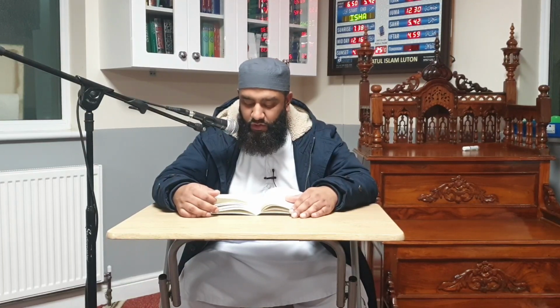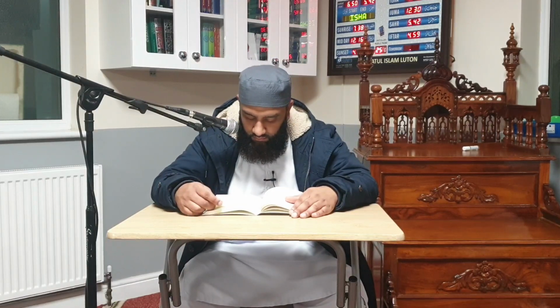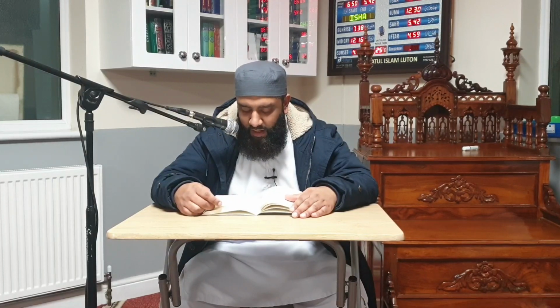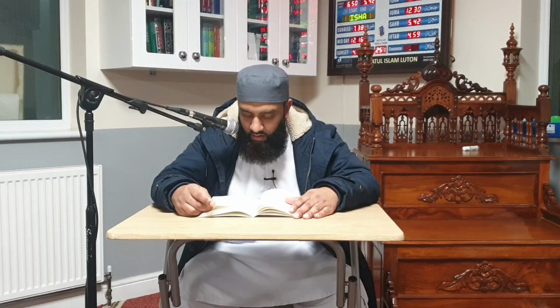It mentions here you can do 2 strikes, you can hit 2 strikes to ward the animal off or anything that's in your way while you're praying salah. Right? You can do that. Another point they mentioned here, you might be thinking why they mentioned this, but it has been mentioned, and that it is acceptable to pray salah on rugs and carpets. Okay, so there is a reason for that, and the reason is,